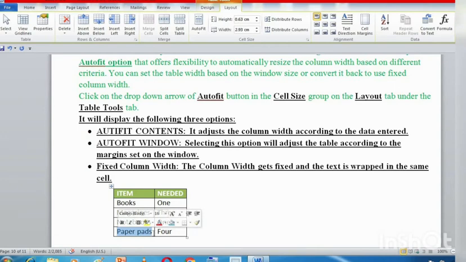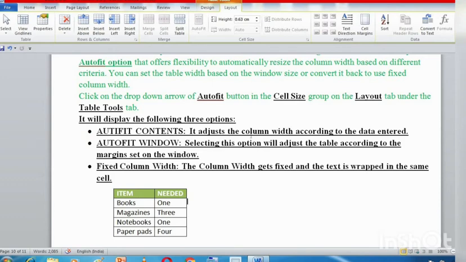According to this, it fitted the column width of this column, and this over here was the maximum length of the data in this column. So according to this, it fitted the column width of this column. So this is how you use auto fit contents.